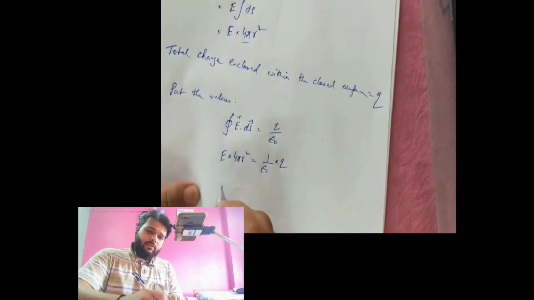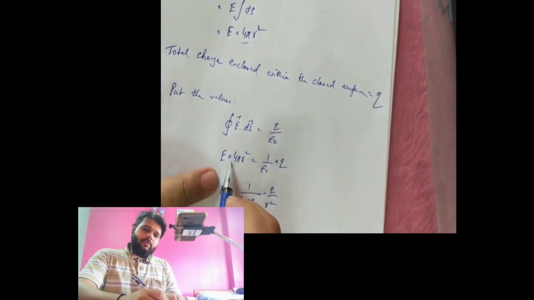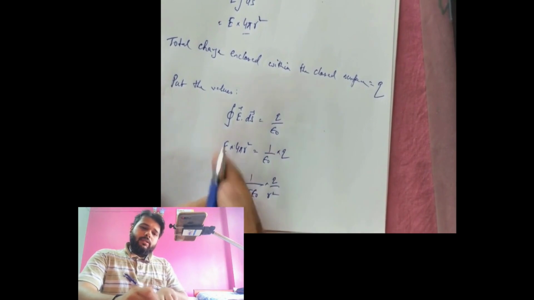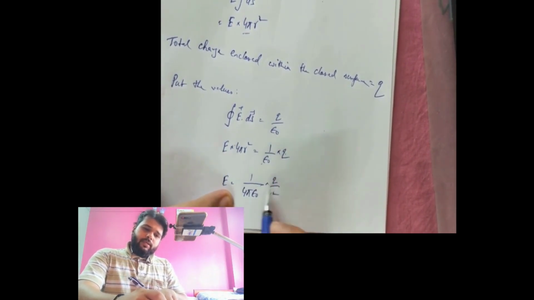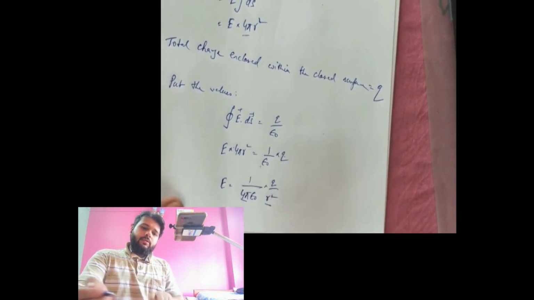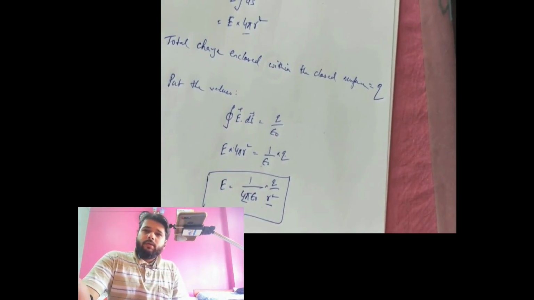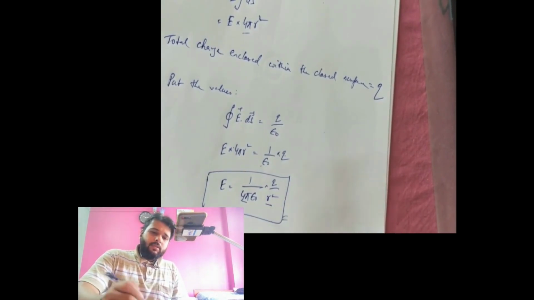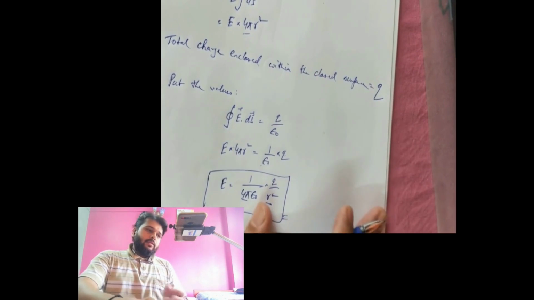So E is equal to 1 by 4 pi epsilon naught into q by r square. So we have sent this 4 pi r square onto this side, so it got divided. So q by epsilon naught was already over here, and this 4 pi r square came from here. So E is equal to 1 by 4 pi epsilon naught into q by r square. So this is the electric field due to a point charge. Okay, next